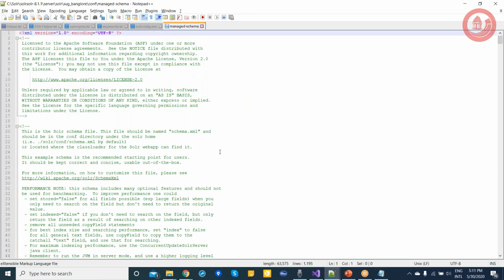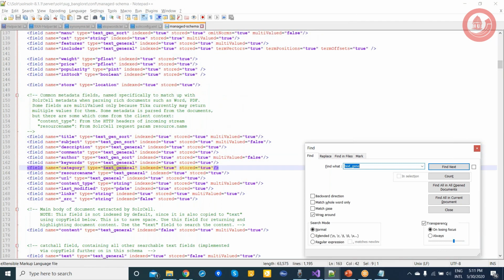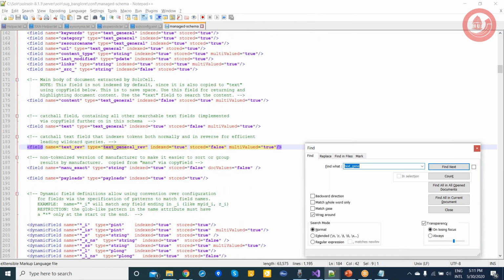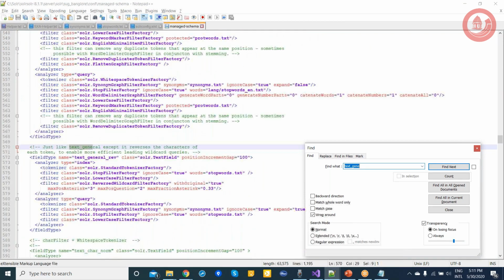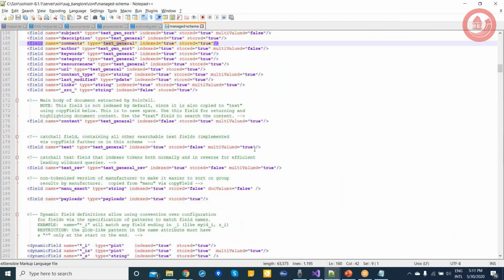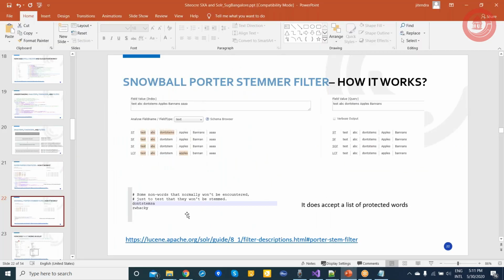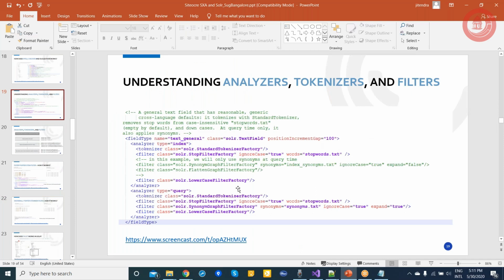So the manage schema will have the definition. Basically here in the manage schema, I was just trying to show you that you can change the sequence here with the lowercase and with the snowball.